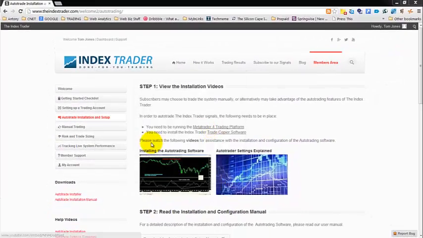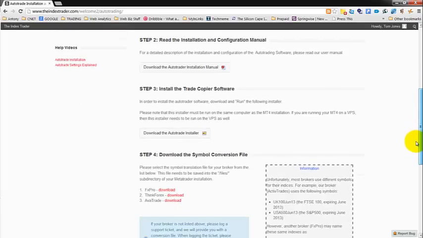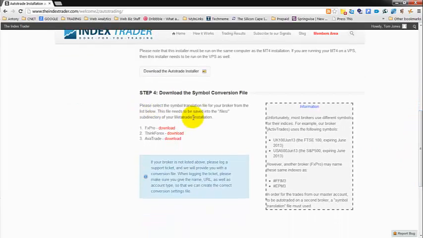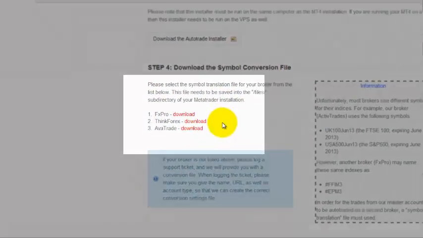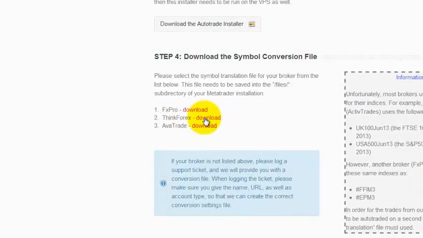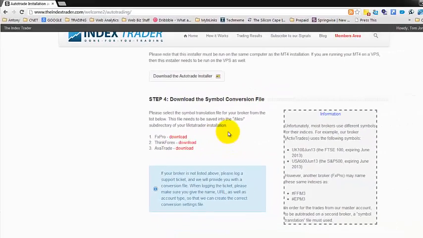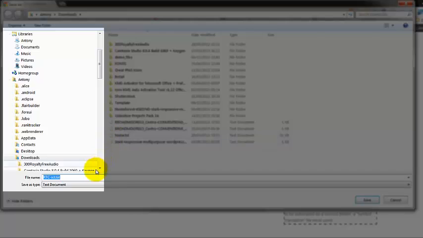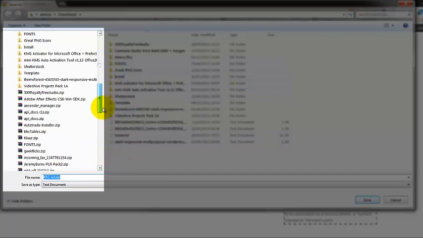We finish that. Now we also need to go and install the symbol file as well. So we go down here, there's a list of the different brokers. This list will be extended on an ongoing basis. So the broker that I was using was ThinkForex. So let's download that file. So there's the file. Now this is the only tricky part, is we need to actually go and find the installation location